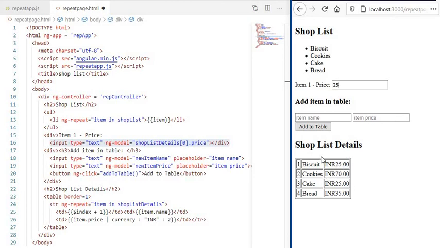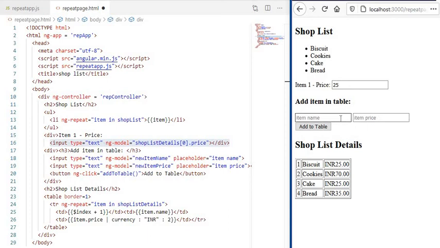Not only the price, you can also change the name and the other components, suppose you have quantity and other things. Definitely it is possible. And one more thing: here I consider only the 0th element. If you use 1, automatically it will go to the next item, cookies, and 70, like that it will go, right? Okay, fine.